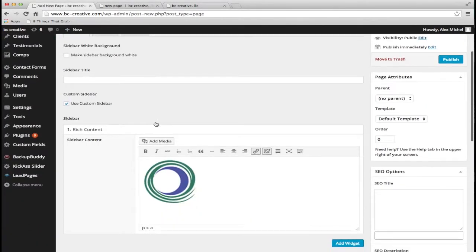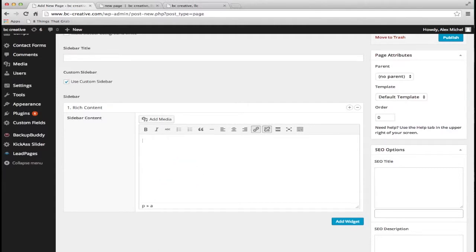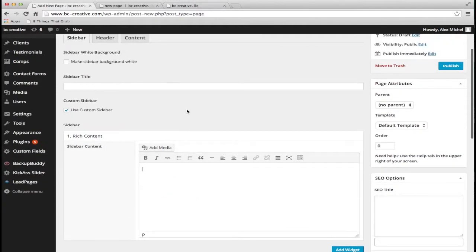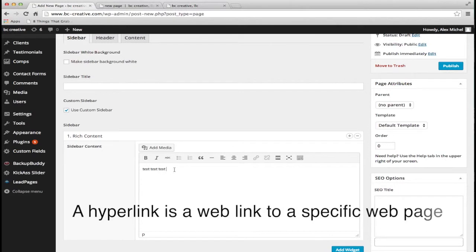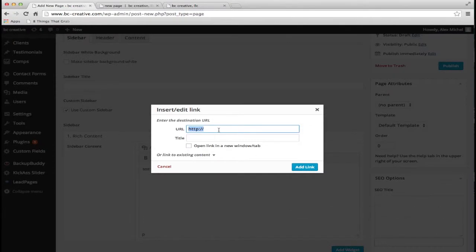I'm now going to show how to make hyperlink text, which will allow a user to click on text and be taken to a page of our choosing. To make a certain text become hyperlinked, highlight the text with your mouse and click the link symbol. This will show an area where you can enter any URL you want to take a user to when they click on the text you highlighted. For this example, I'm going to enter